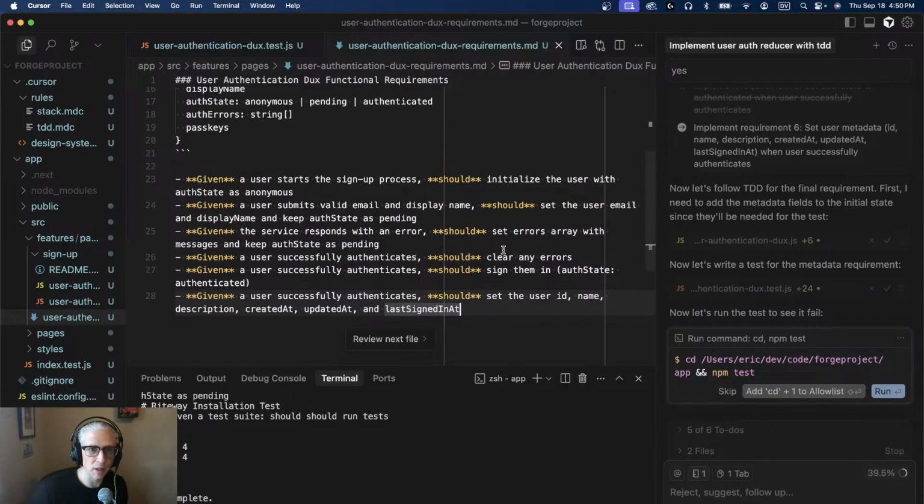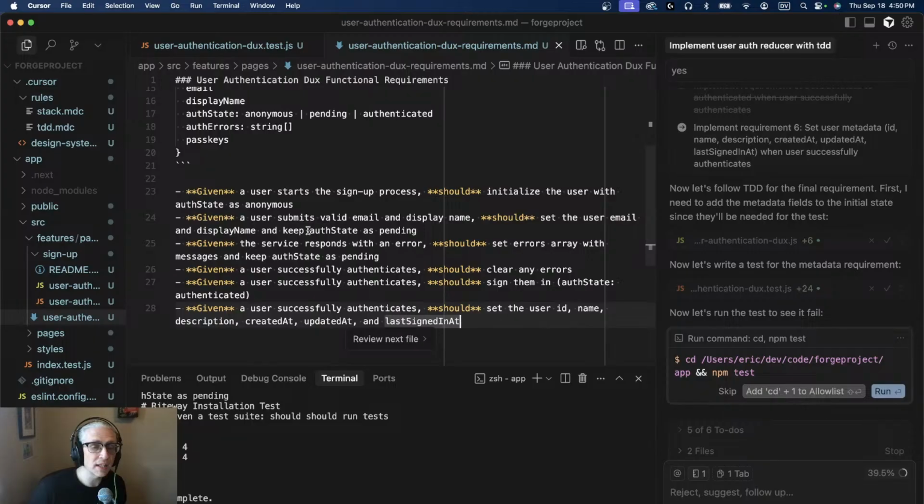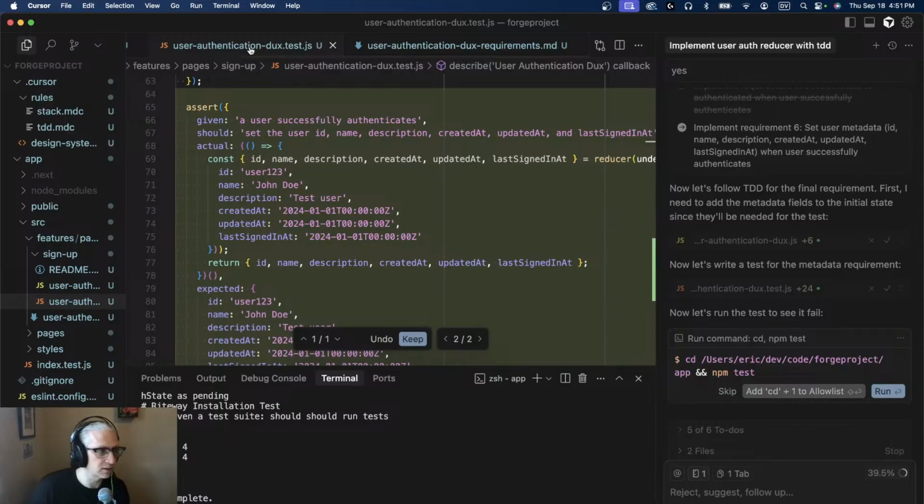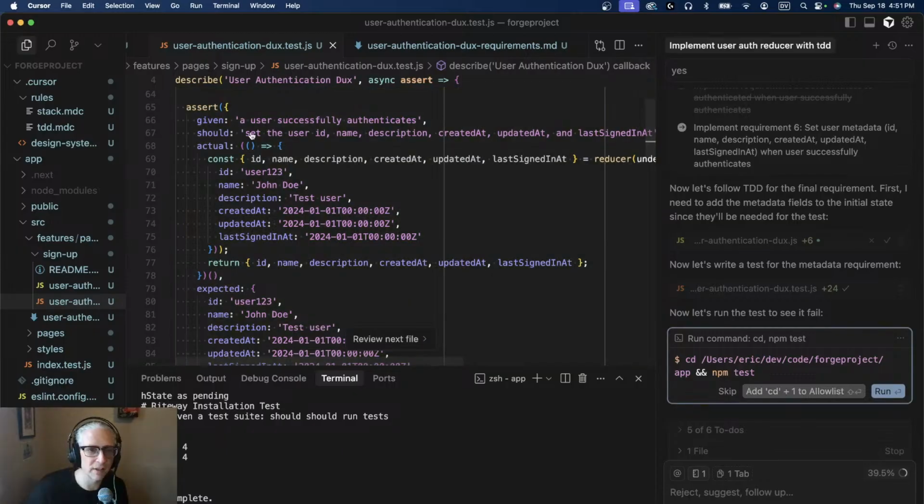Yeah, so it creates the requirements for us, and then we use those requirements to feed it through the TDD process. It'll take one of these at a time and implement that requirement in the tests. It writes the test for it, then runs the test and watches the test fail, and then it writes the implementation. So let's just go ahead and keep this, and we're going to watch it fail. So given a user successfully authenticates,